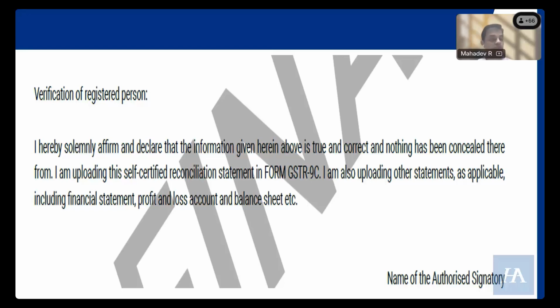This is what I was mentioning. So verification by registered person: I hereby solemnly affirm and declare that the information given is true and correct and nothing has been concealed. So when the taxpayer is saying that it is true and correct, nothing is concealed, then if there are any issues identified, the department can always say that, see, you have said that you have given the correct information, but information given by